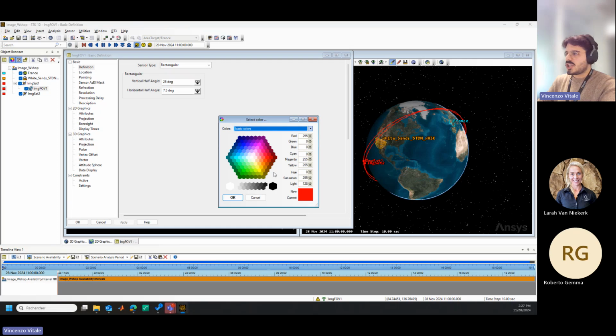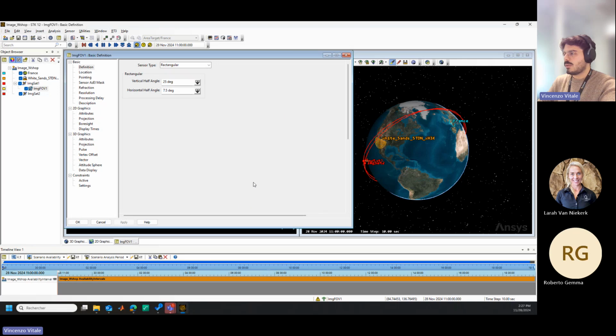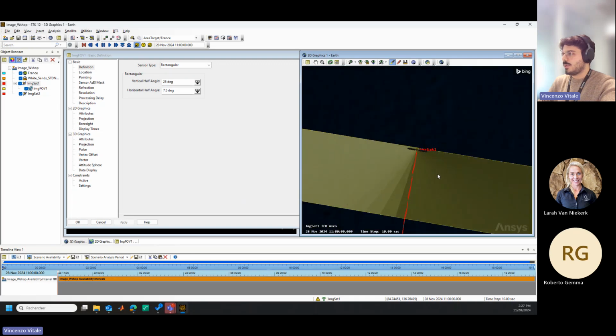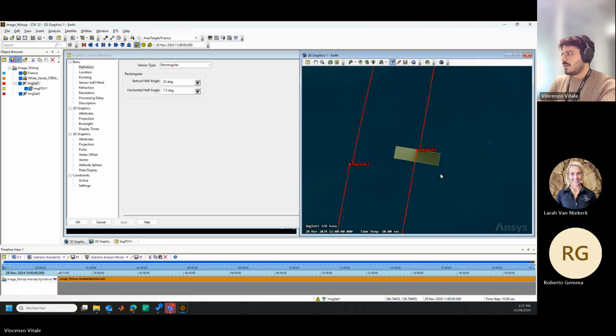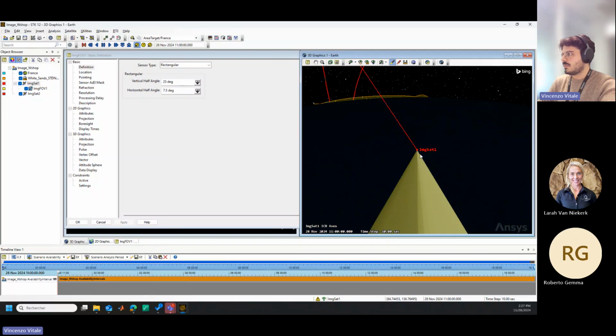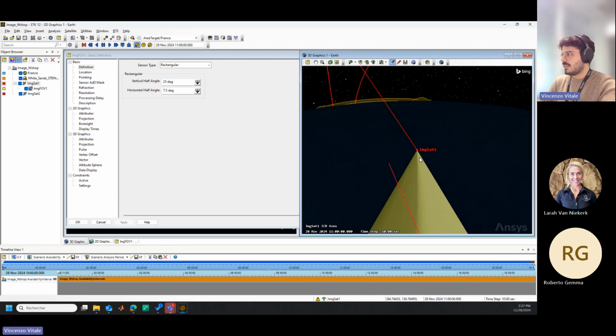Maybe I will change the color by double clicking on the color itself, and I will put yellow, and I can zoom to the satellite. The satellite now will have a broad field of view that comes from the center of the model and intersects the